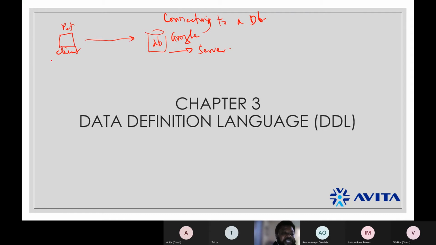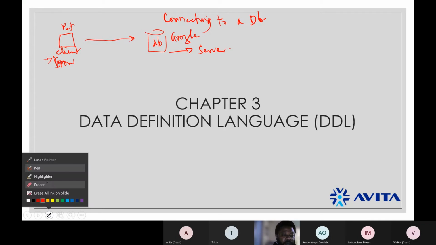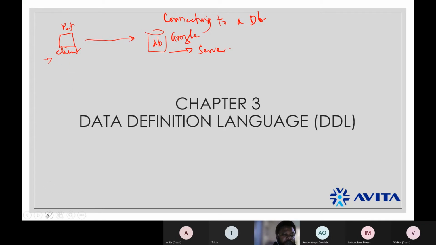I told you yesterday that your client system can be your personal computer, your phone, your game console, that is PS4, PS5, Xbox, whatever it is, your browser.